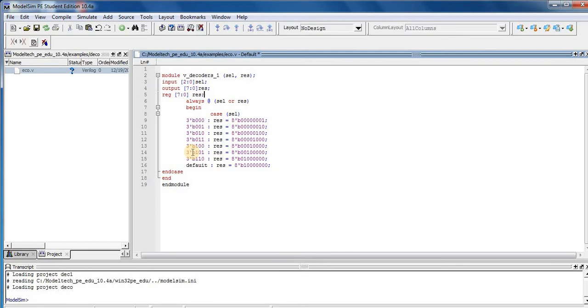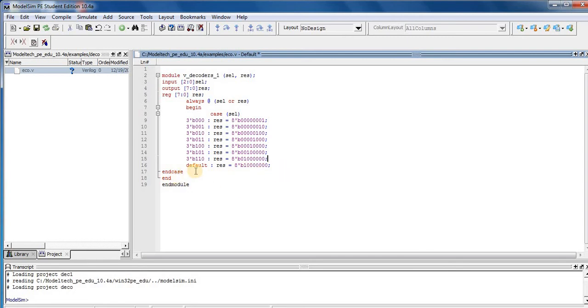In the sixth combination, the input SEL is equal to 101 and the output combination is equal to 00100000. In the seventh combination, input 110, SEL gives RES 01000000. In the last combination we put default, meaning 111, and the output combination is 1 at the most significant bit and all zeros.